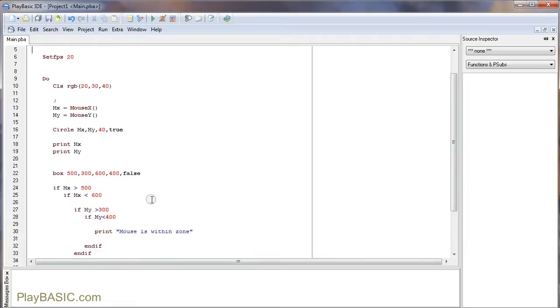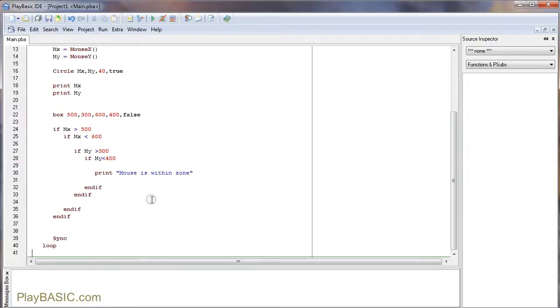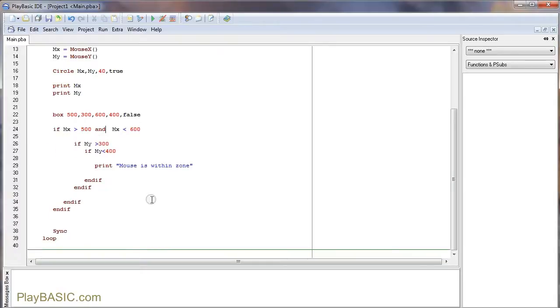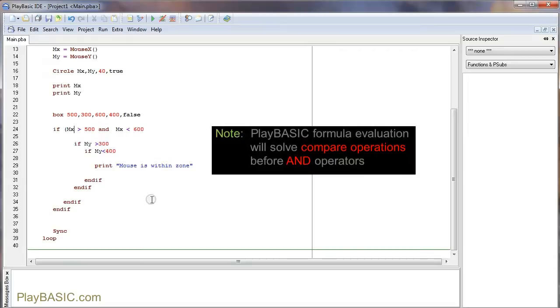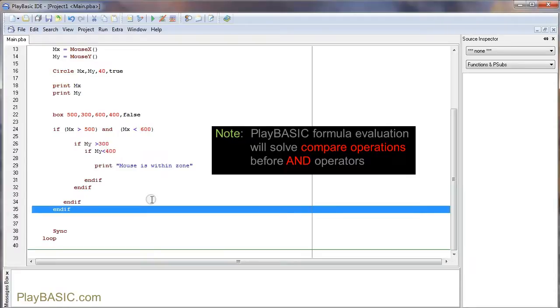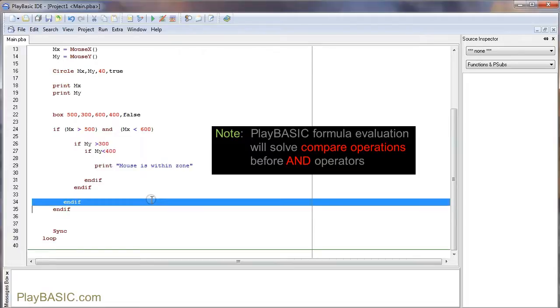Okay, so if we want to clean up our code a little bit more, we can take it the next step and introduce the AND statement. This means we can get rid of some of these comparisons. Now, some people like to put their comparisons in brackets. In PB you don't actually have to, but sometimes it can help clear things up. I'll remove the accompanying ENDIF down here. So,